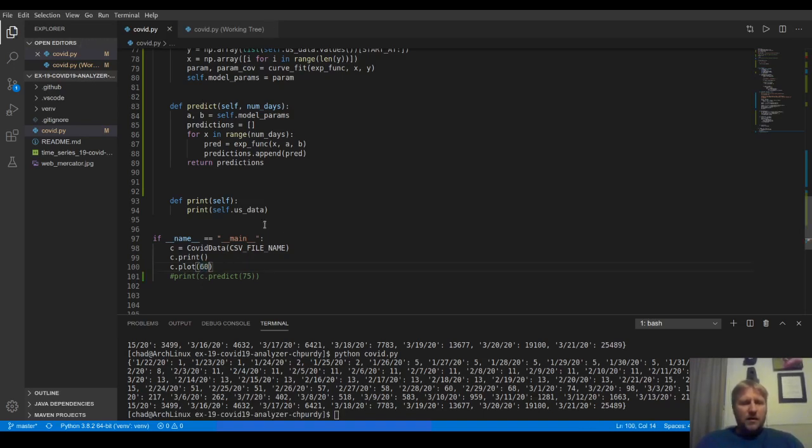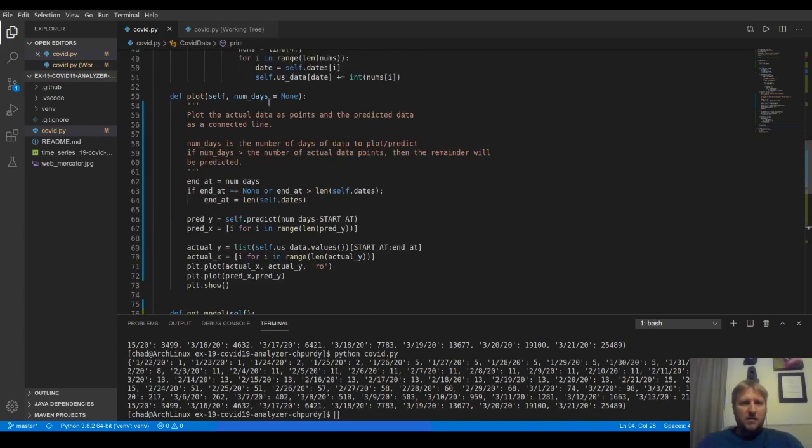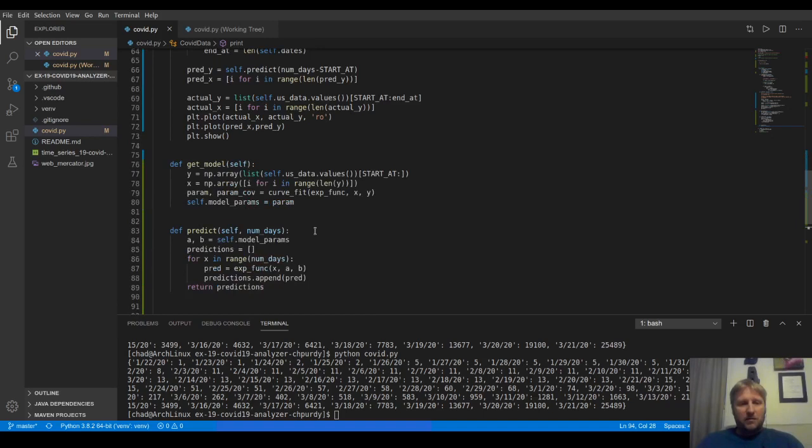So when we plot 60, 60 is getting put in here for num days. If we put in 60, we actually want, if we put in 30, we actually want 0. So I think inside of predict, that would be where we would actually want to do this change. So I'm going to write here, for x in range num days, and if I put in 30 for predict, I want